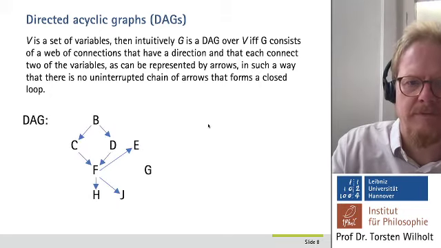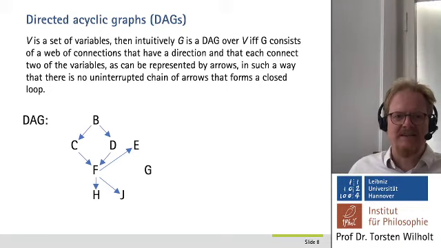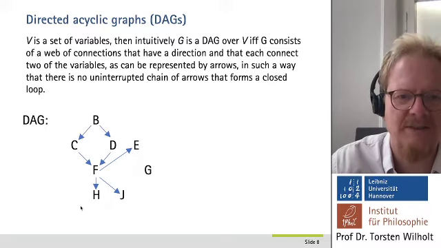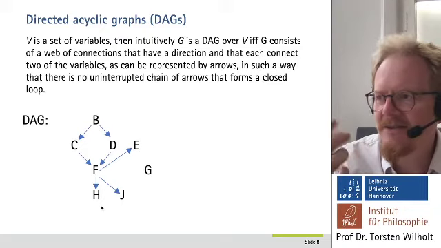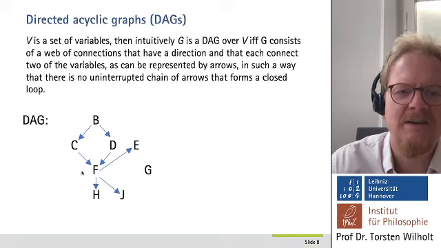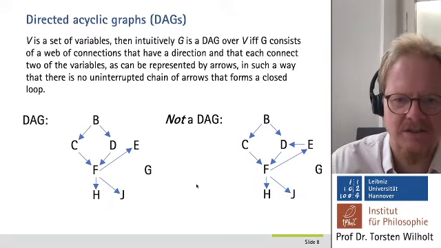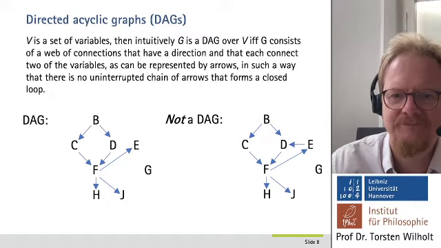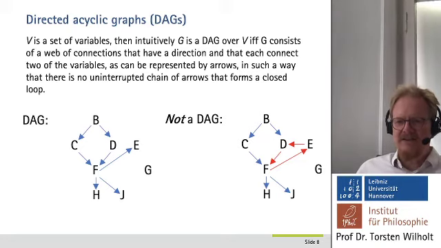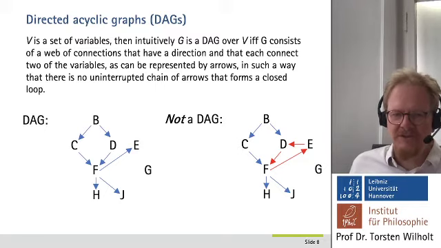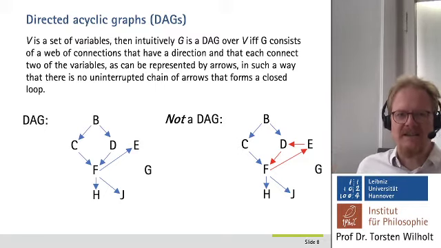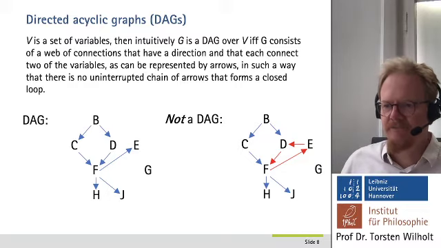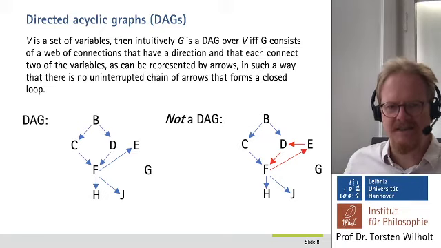So this is a directed acyclic graph over this set of variables. We have a set of these letters that represent variables, and a directed acyclic graph is just a set of arrows without closed loops. So this is not a directed acyclic graph because it contains a closed loop here. So the idea is if you have a set of variables, then a large number of different such graphs, different directed acyclic graphs or DAGs,